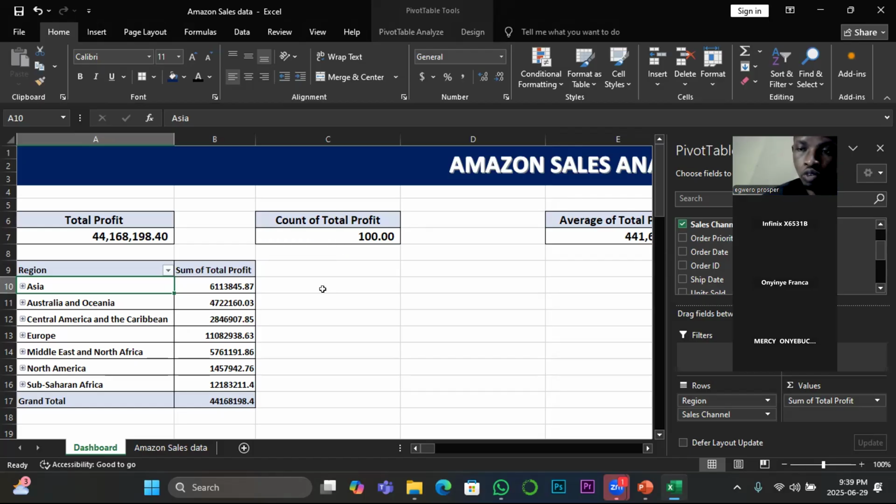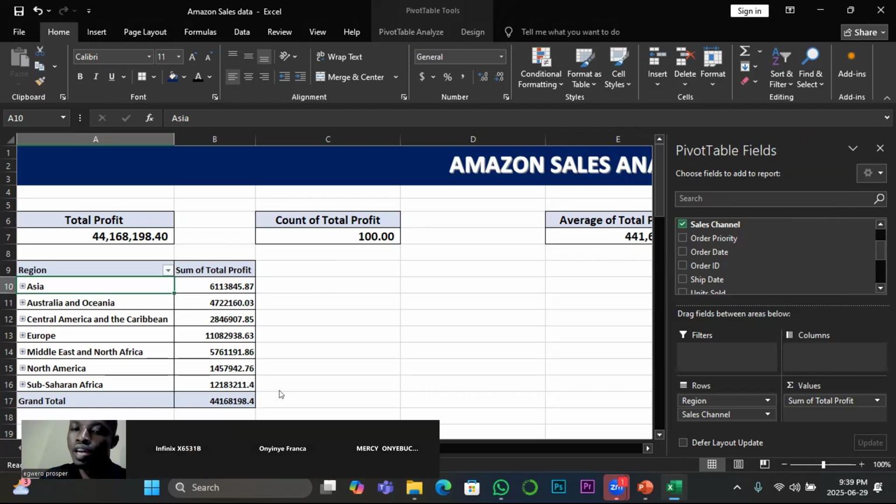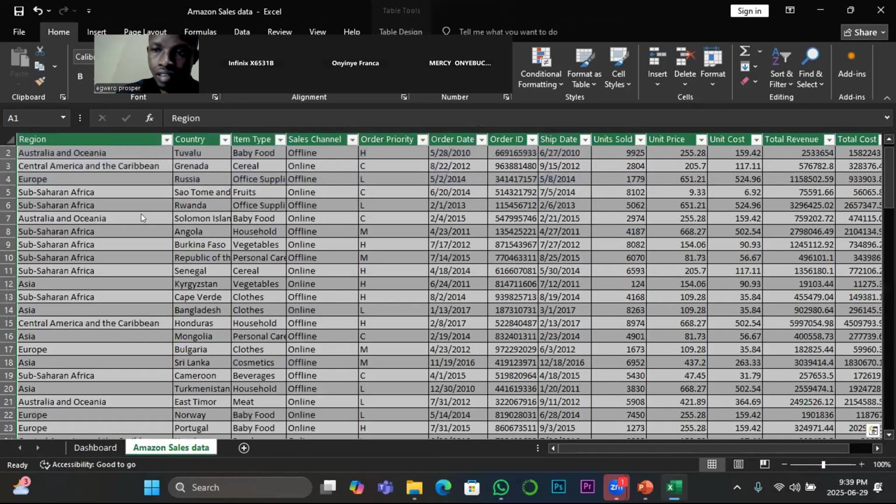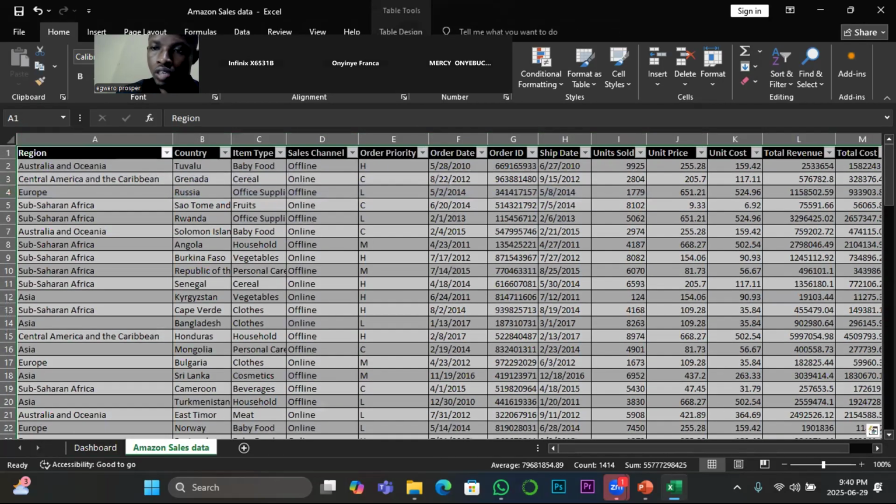So now check what I'm going to do now. This is what we are trying to achieve. And I'm going to use that same method to answer the question. Now, once you hear total number, it means that this is counting analysis. So the function you are going to use is count. So the first thing I'm going to do is to go back to my data set. Make sure that you get the whole data set selected. After you have done that,